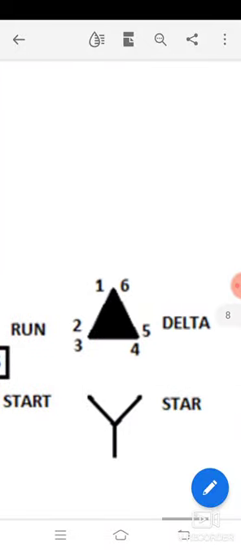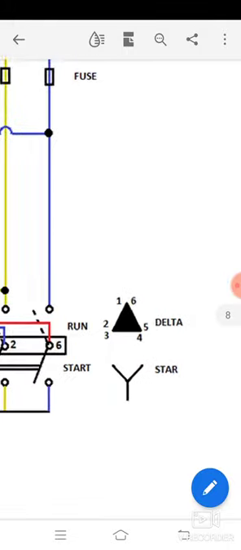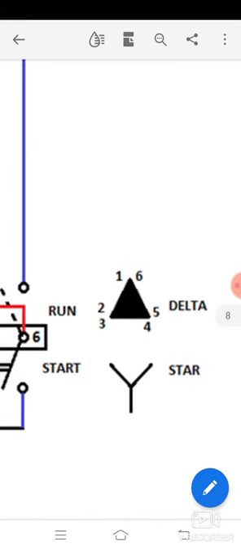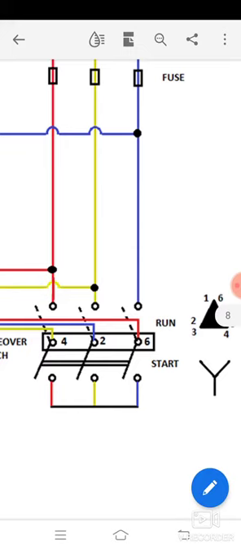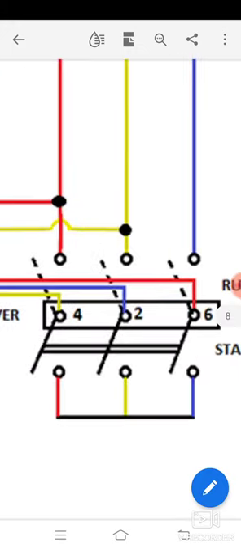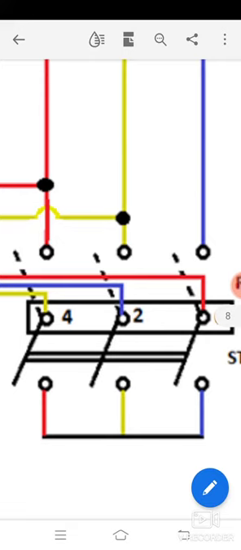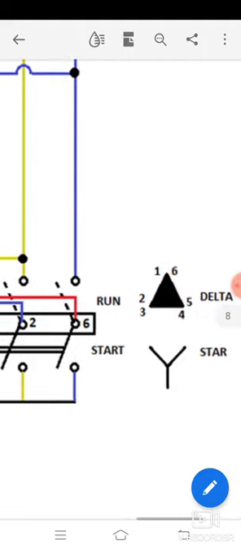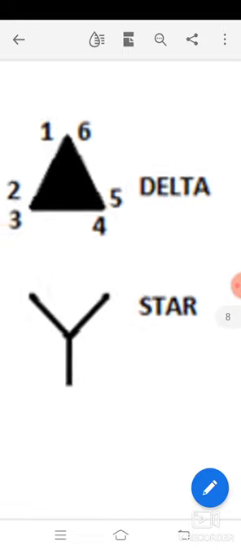You can see two diagrams here, where the bottom diagram is star connection and the upper diagram is delta connection, which is shaded in black. So initially, as we will operate this manually, the middle plunger is in our hand and we have to move it towards the downside at the lower terminal. As it gets connected to the lower terminal, the motor is connected in star. Initially the motor gets connected in star.